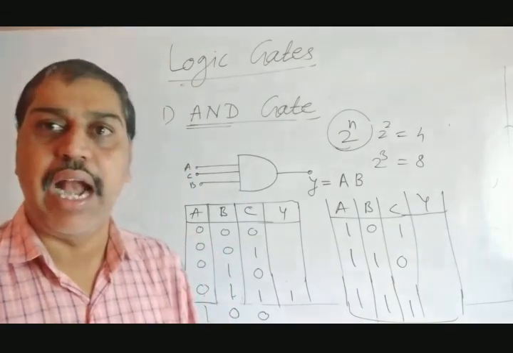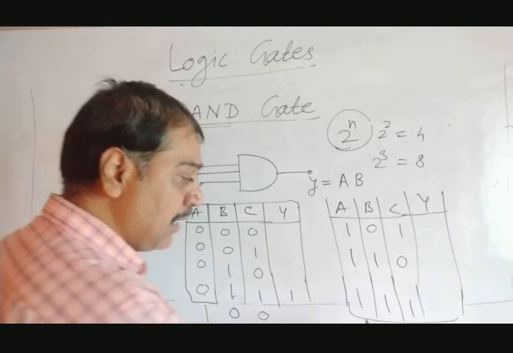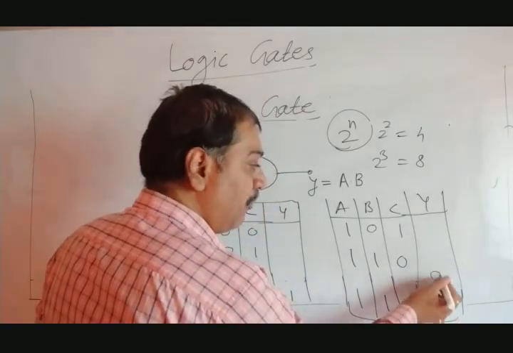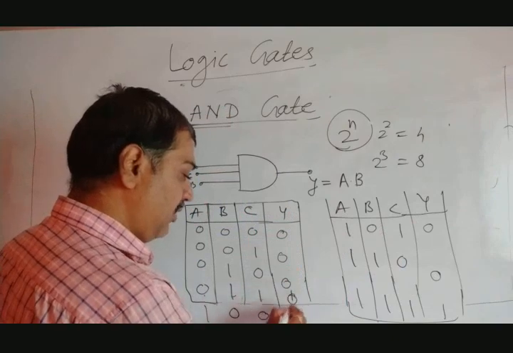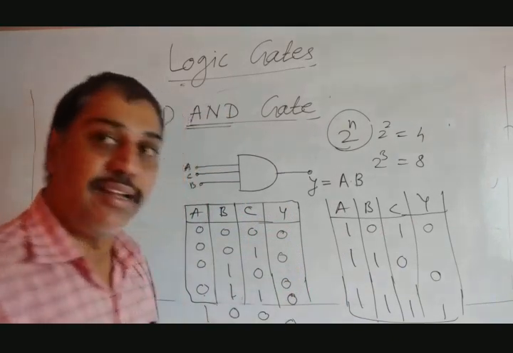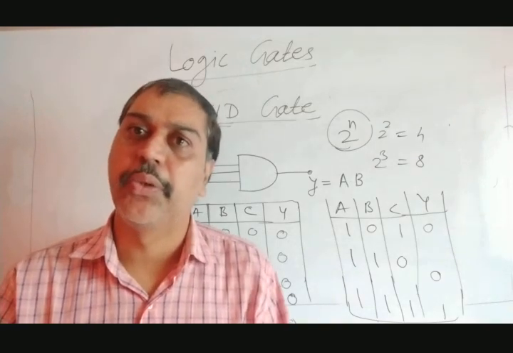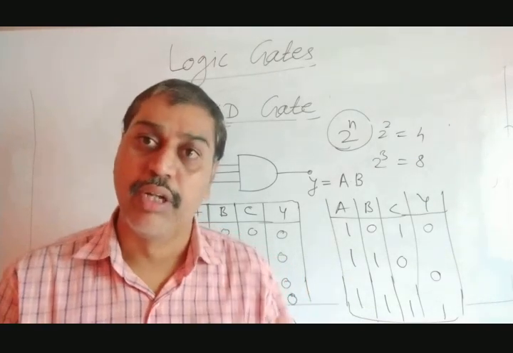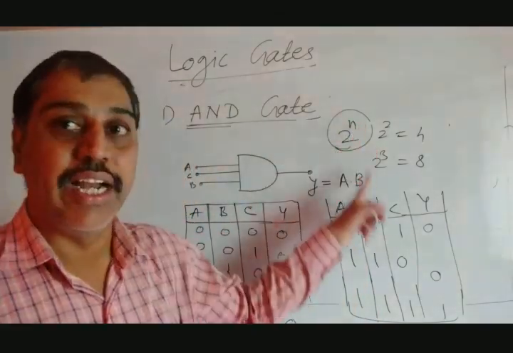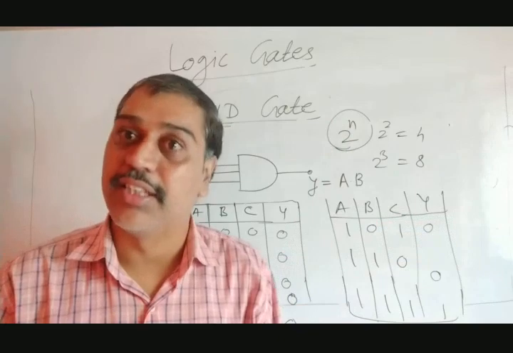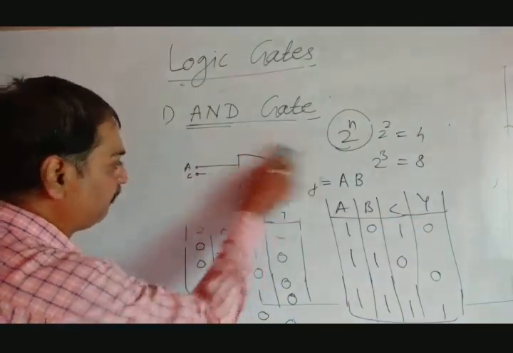The AND gate will give the output high when all its inputs are high, and that is this last condition. For all other combinations, its output is always 0. That is nothing but a property of the AND gate. In your book they have mentioned the 2 input; I have told you the 3 input. If it has 4 inputs, how many rows does it have? 2 raised to power 4 becomes 16. So 16 rows it has. Accordingly it will work. Now let's go to the second part.